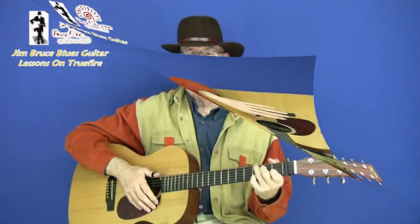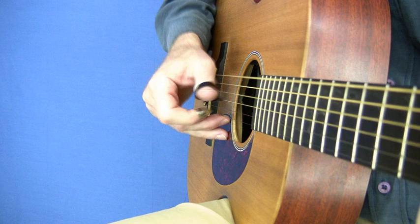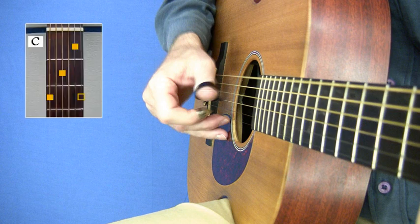verses. I'll play part of a song called Cocaine Blues in the style of Reverend Gary Davis in the key of C, and I'll show the tablature below and the chord structure so you can play along if you wish. Reverend Davis can make a wonderful sound with very few chords, and for Cocaine Blues we're going to use 3 chords. First of all, it's in the key of C, and you'll notice that we're not going to hold down